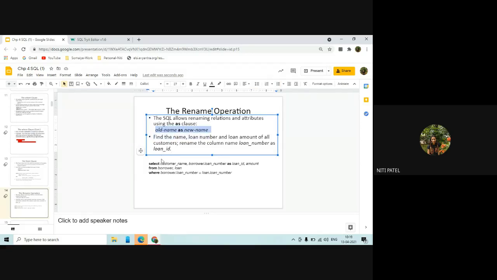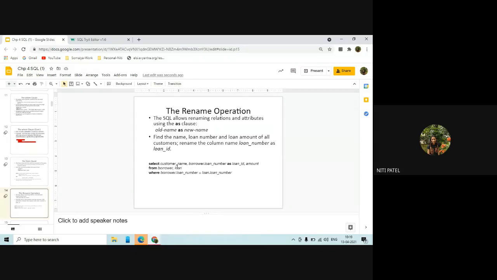Look at the query: find the name, loan number and loan amount of all the customers and rename the column loan number as loan ID. So I am trying to change the name of the column. How do I rename a column name?